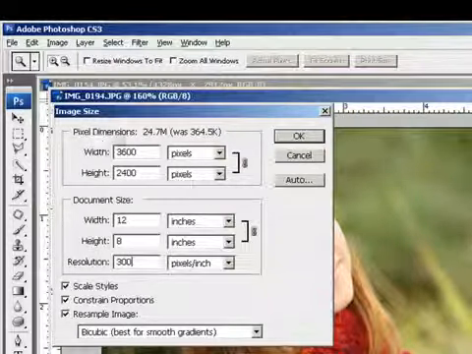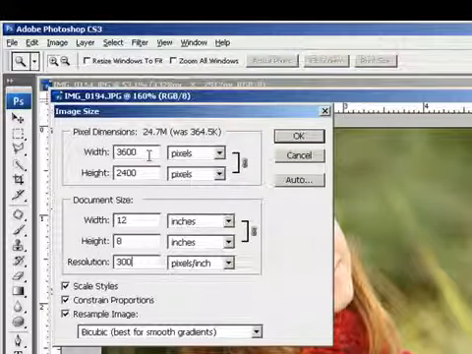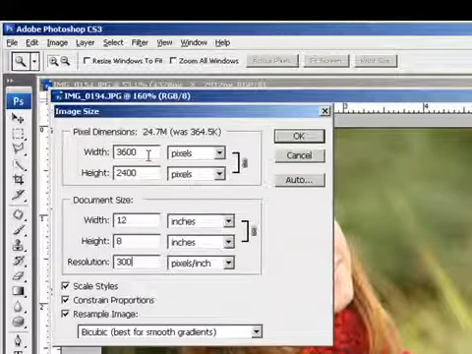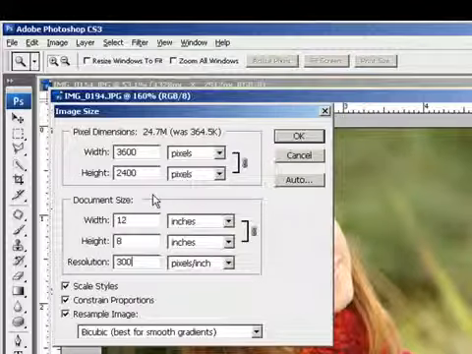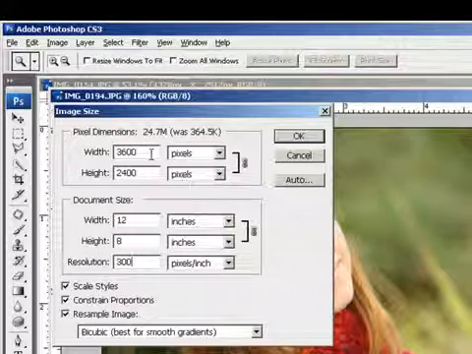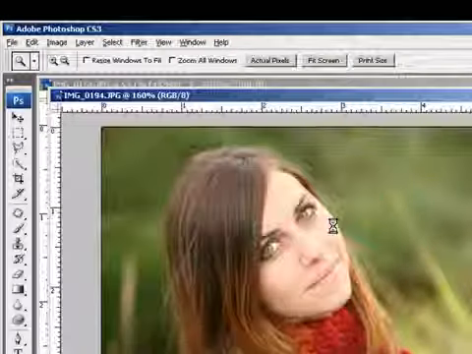Well, look what happens to the pixel dimensions. Before, our pixel dimension was only something like 430 by 200 something. Now we have pixel dimensions of over 3,000 by over 2,000. So what actually happened was Photoshop added in all of that detail for us. What it does is sort of take an average of surrounding pixels and then creates pixels based on that information. So when I click OK,